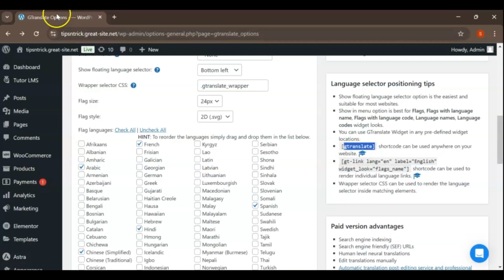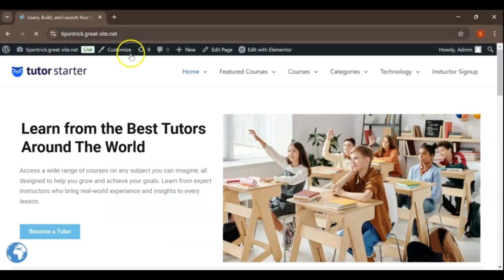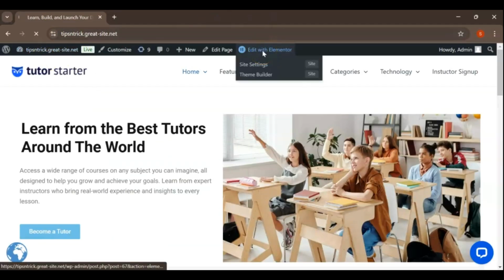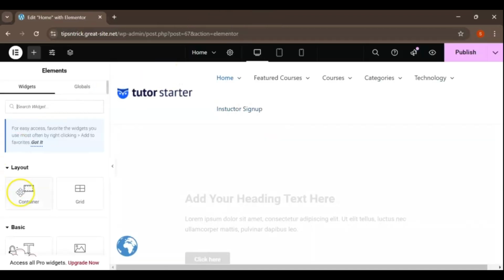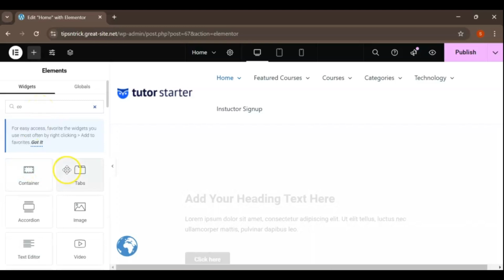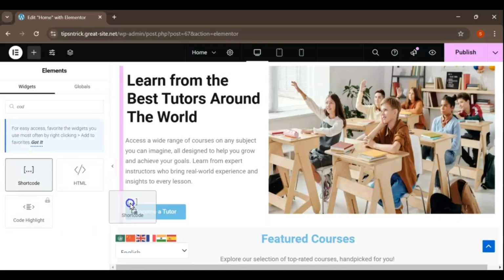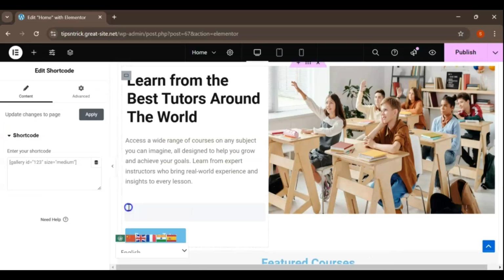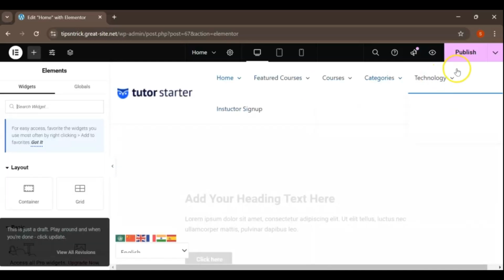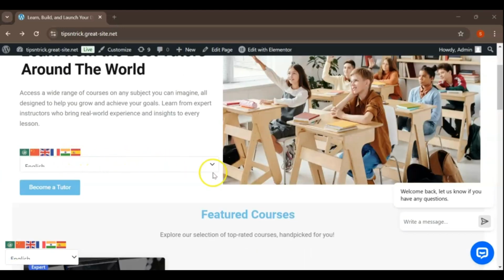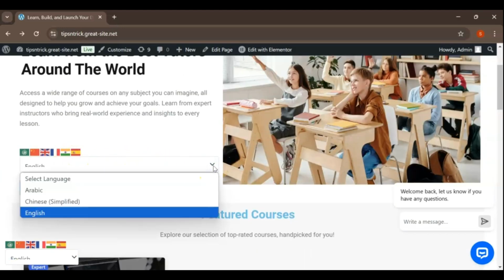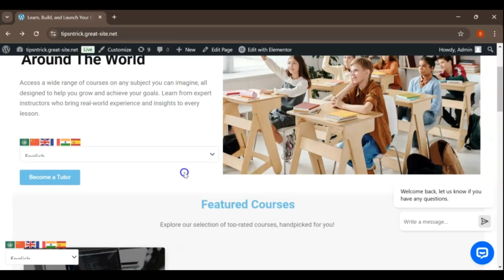If you're using Elementor to design your site, open the page or post where you want the icon to appear. Click on Edit with Elementor. In Elementor, use the search bar to find the shortcode widget. Drag and drop the shortcode widget where you want the gTranslate icon to appear. Paste the copied gTranslate shortcode into the widget. Click Apply, then publish the changes to make the language switcher icon live on your website. Once you've done this, the language switcher icon will appear wherever you place the shortcode, allowing visitors to easily switch